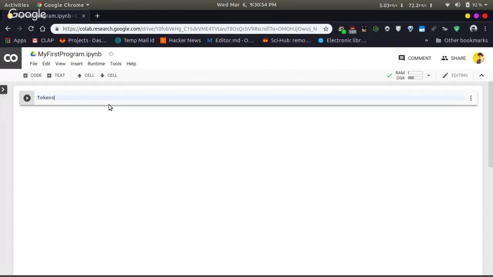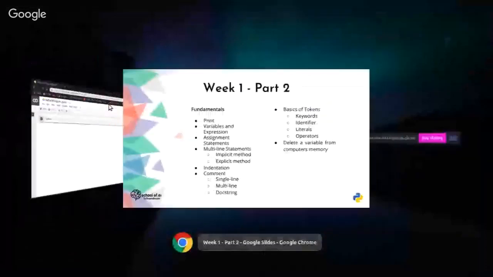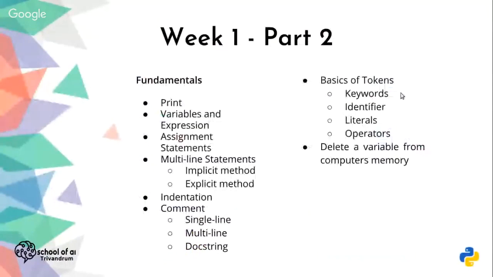It is the smallest unit in Python. There are different types of token like keywords, identifiers, literals, and operators. Let us look at each one of them.